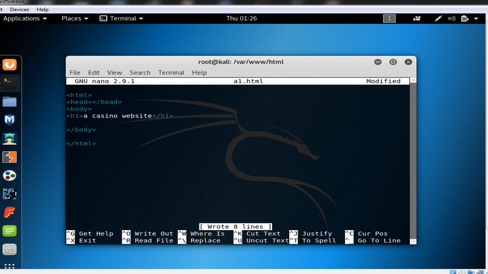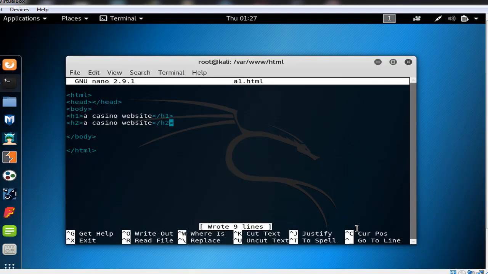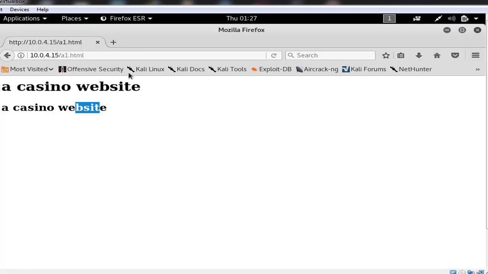Now if we just do it with another tag called h2 in here, so I press Ctrl C and Ctrl U 2 times, and now h2 and again h2, Ctrl O, hit enter and go to the Firefox and refresh the page. You see now it is smaller than the first one, so h1 would be bigger than h2. Also we would want to just put another tag, so I want the h3 also. We would have up to h6, so h3, and we refresh it. You see it is smaller, up to